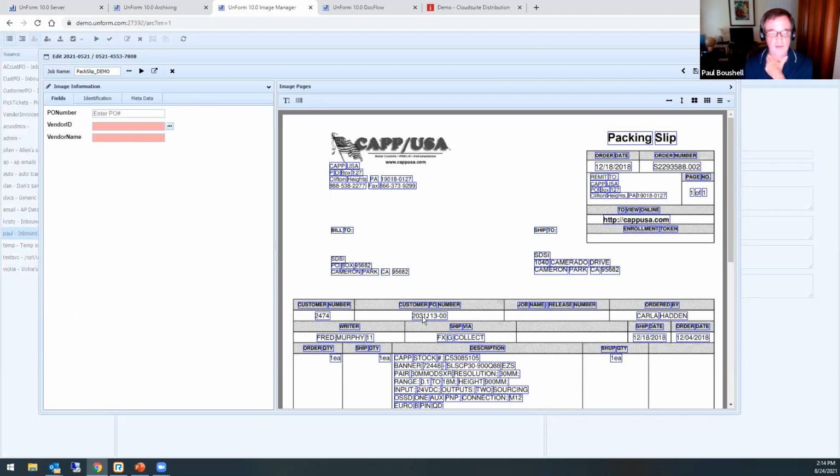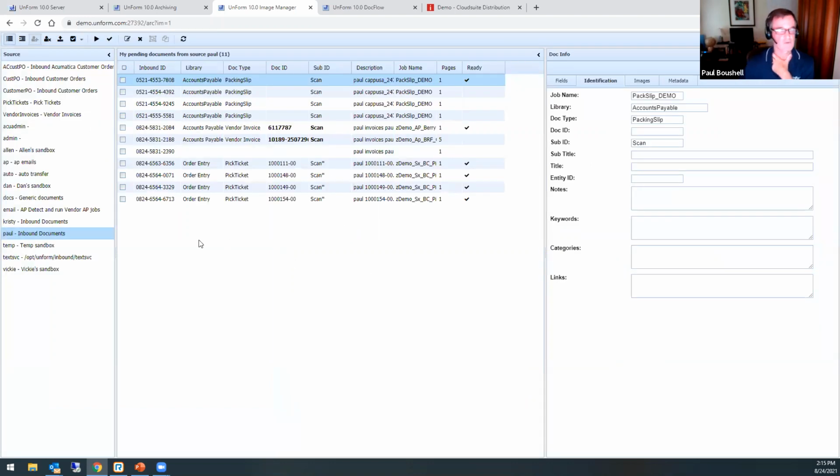So when I fill that PO number in, and in this example, I was able to click on that value to fill it, because it's a pretty good read on this document. But then once I save it, we can actually query the ERP and pull in any other data that we want to be able to use to index that document as well. So that's a pretty quick and easy way to get those packing slips into the archive as well.